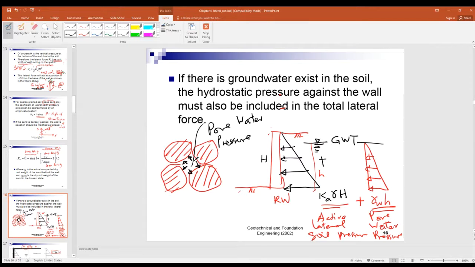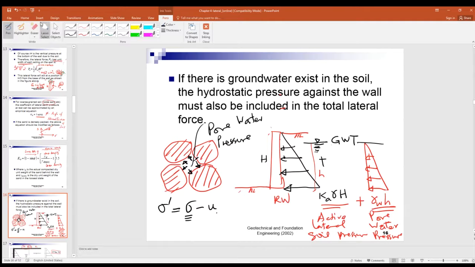The water pressure tries to act normal to the soil particle surfaces. It tends to pull the particles apart. So remember that stress,